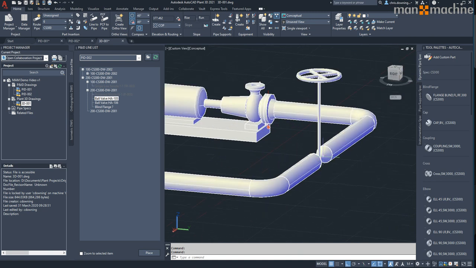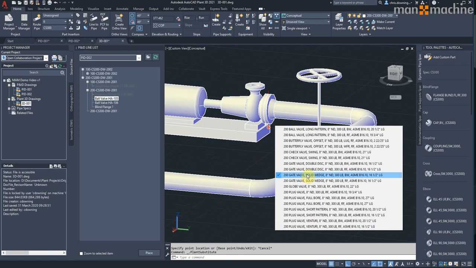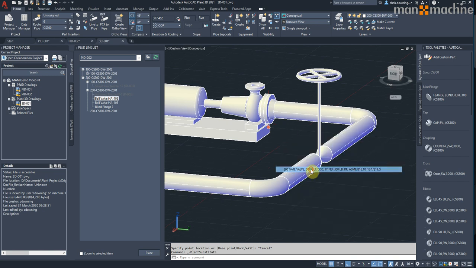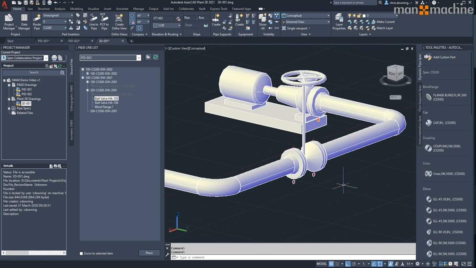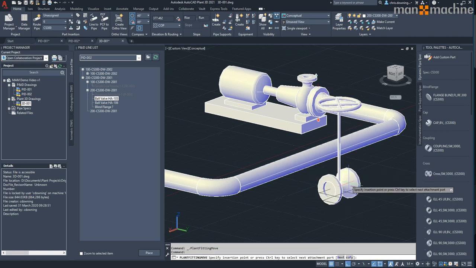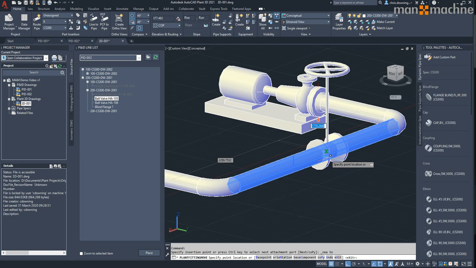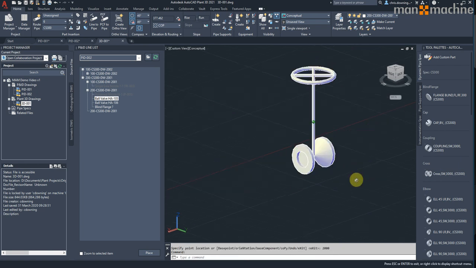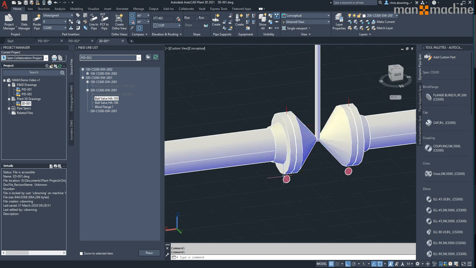We can also change the type of valve. We might want to change it to a raised face flange valve, like so. If I move the valve off the pipe, you can see it repairs the pipe. If I move the valve back on the pipe, making sure I'm snapping to the nearest there, 2 meters again, it puts the valve back in the pipe and puts the flanges on, and it puts the gaskets on, and